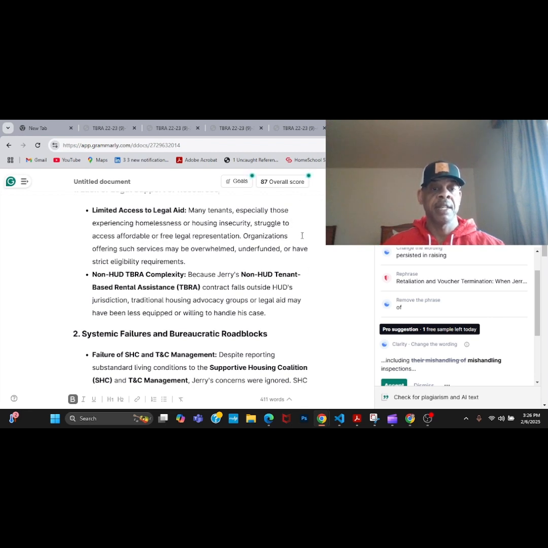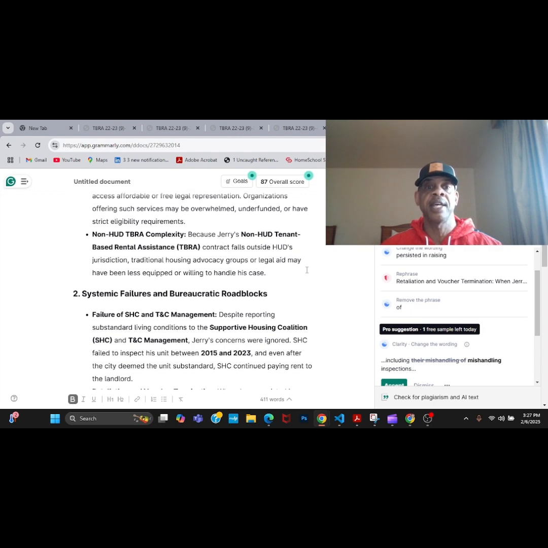Non-HUD tenant-based rental agreement complexity. Because my non-HUD tenant-based rental agreement and assistance contract falls outside of HUD's jurisdiction, traditional housing advocacy groups or legal aid may have been less equipped or willing to handle the case.